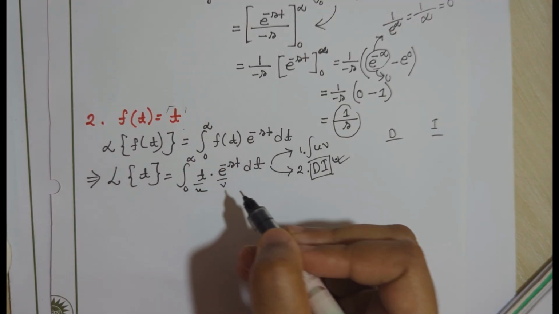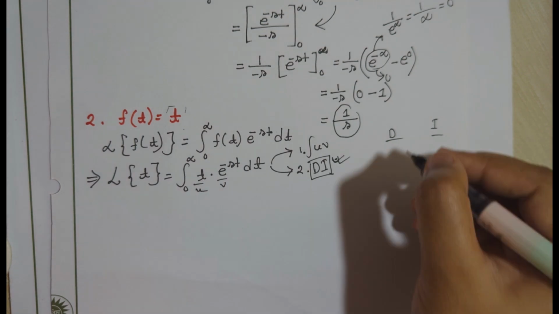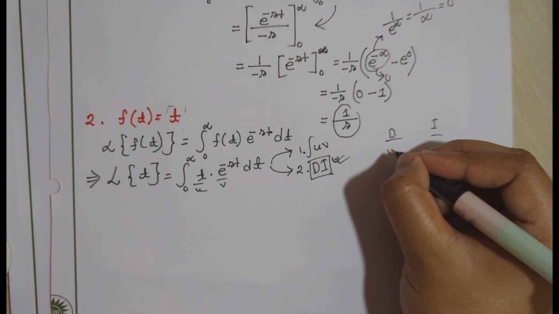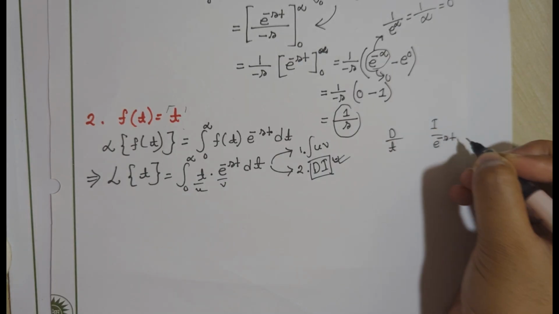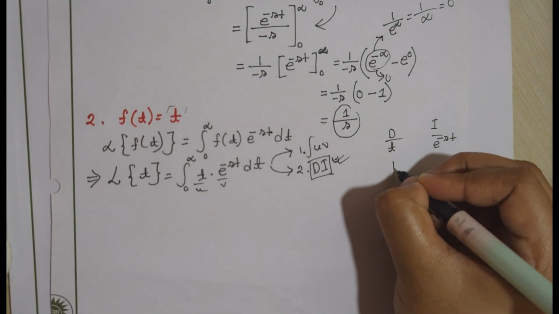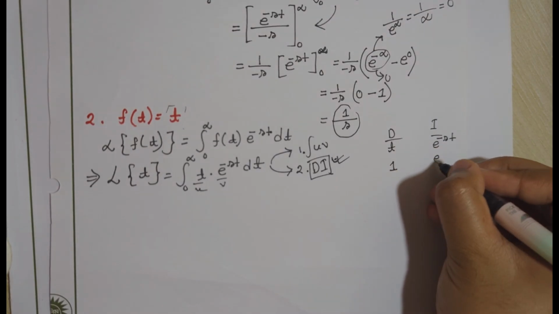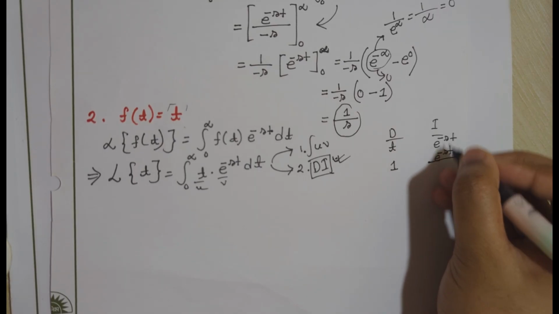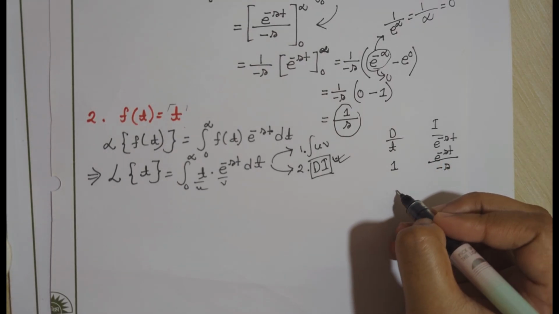Suppose this is u and this is v, then we will differentiate this u and integrate this v. So if we differentiate, at first we will write down the functions t, and here will be e to the power minus st. Now we differentiate this t function, we will get 1, and if we integrate this we will get e to the power minus st divided by minus s. Then again if we differentiate this, we will get 0,